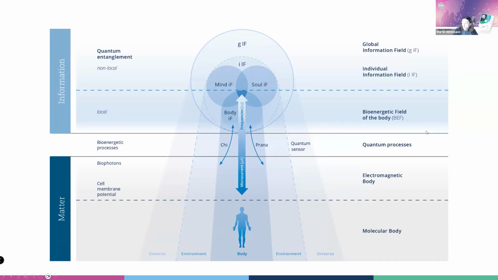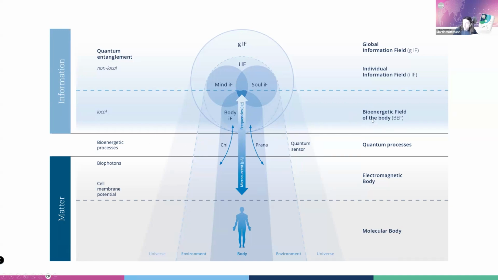And then the next level, it gets more, let's say, subtle, and that's quantum processes. So all this electromagnetic body and molecular body is then quantum entangled. And there you have also our, as we called it formerly, quantum sensor. Now we have a resonance sensor. And there are all the bioenergetic processes. As we know, we are not a, let's say, a very simple being. We have also an energy field, which is also made up of the magnetic field that we are generating through the current that is going through our body.